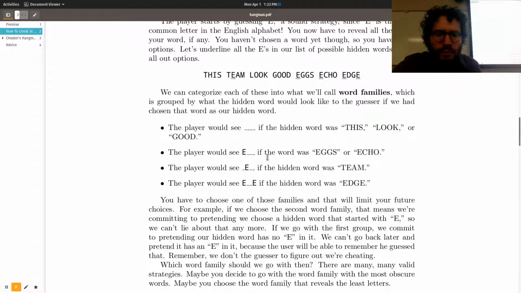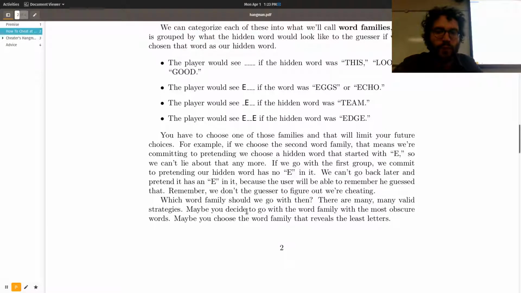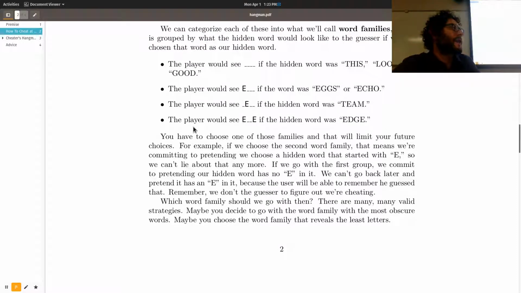So what we have to do is commit to this, and we use the word family as our new word list, right? So if we go with this group, we're committing to the word we're thinking of being either this, look, or good. Okay? So what word family do we go with? The family, that's a strategy. That's something that I would say you should totally choose as your own strategy, but you're more than welcome to use the strategy that I use because it's one of the easiest ones, which is you simply go with the biggest word family,